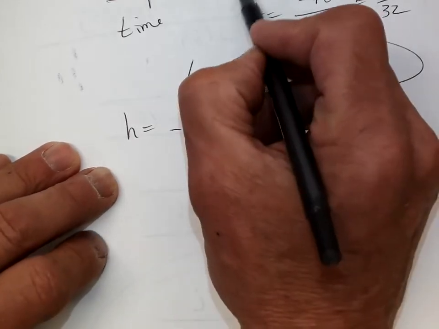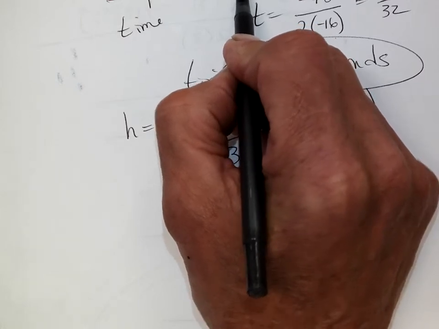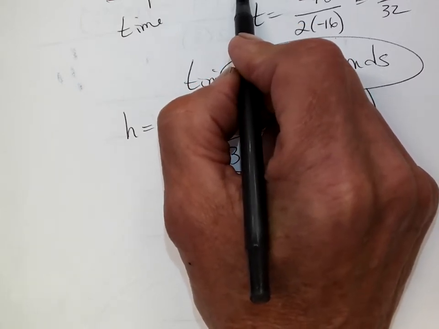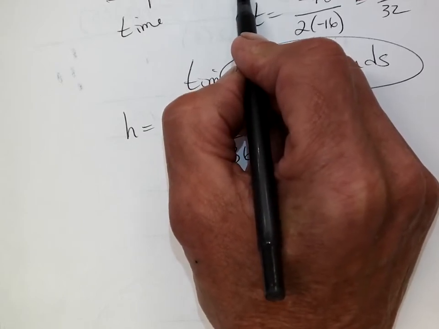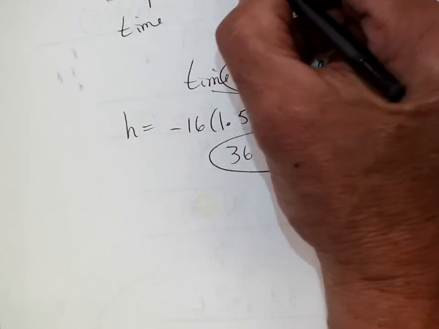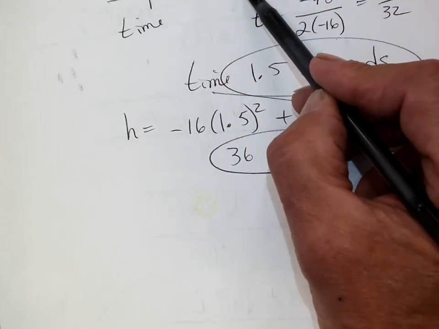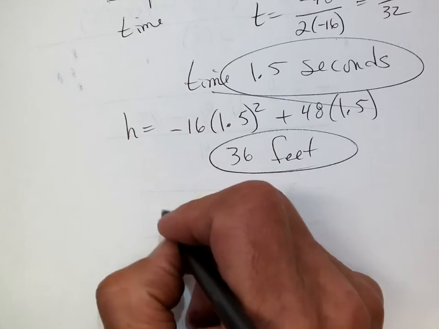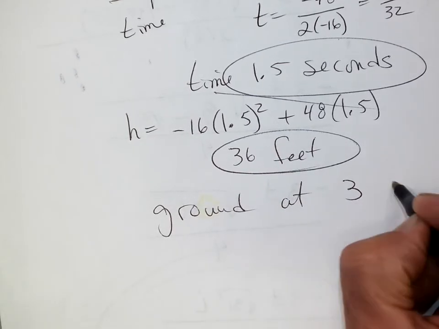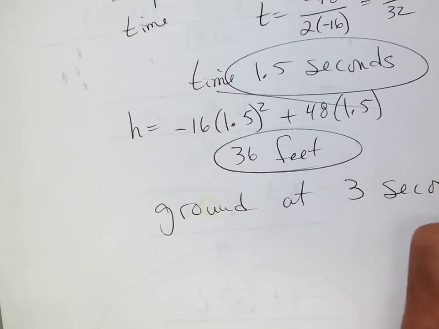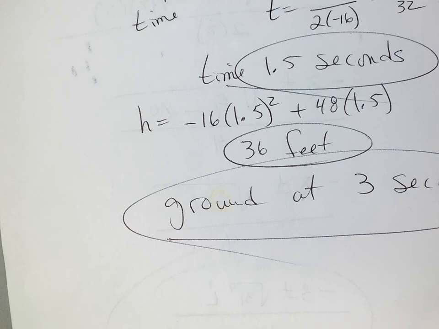Okay, now, last question. When's it going to hit the ground? It should be really easy. When's it going to hit? Now, the height is 0, I agree, but what time? It's 3. Has to be 3. Common sense. If it takes 1.5 seconds to get here, nice job. Then it's going to be another 1.5 seconds to get there. You guys agree? So it hits the ground at 3 seconds. Nice job. Okay, I'm going to stop recording and